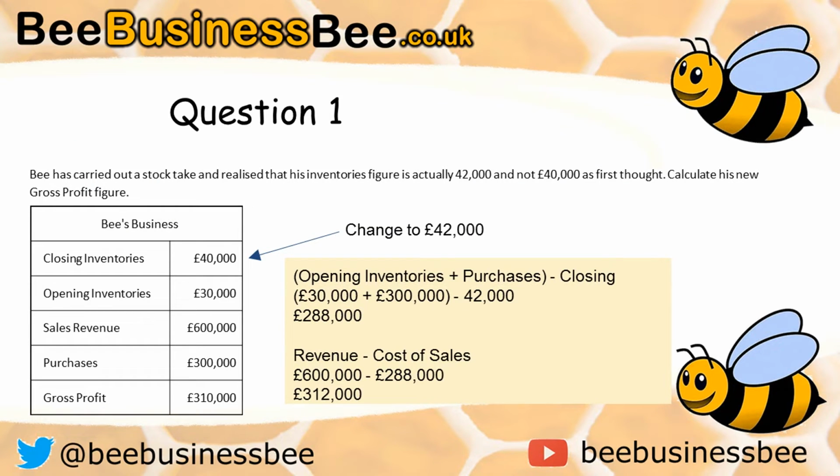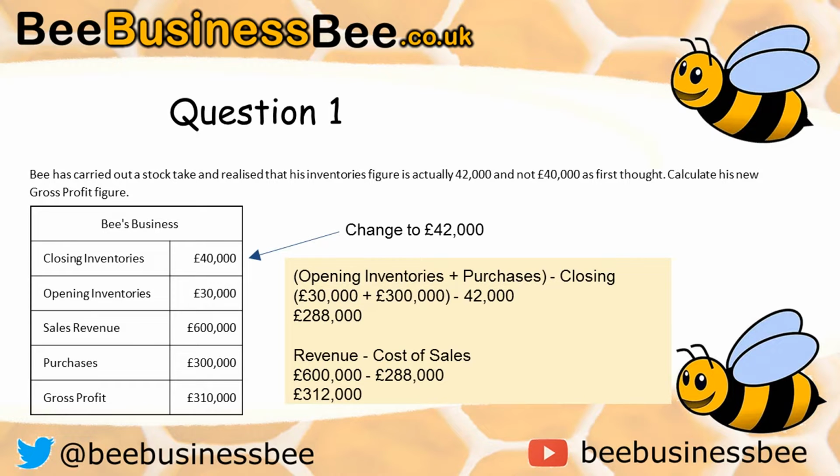For question 1, you were asked to make a change to the income statement, and as you can see you had to change the closing inventories from 40,000 to 42,000. So then you had to use the calculation that I've taught you, which is opening inventories plus the purchases, take away your closing inventories, which would give you £288,000 in total. Then using the formula that you should know by now to calculate gross profit, revenue minus cost of sales, you should have £600,000 in revenue minus the £288,000 of cost of sales that you calculated, which would give you an overall gross profit of